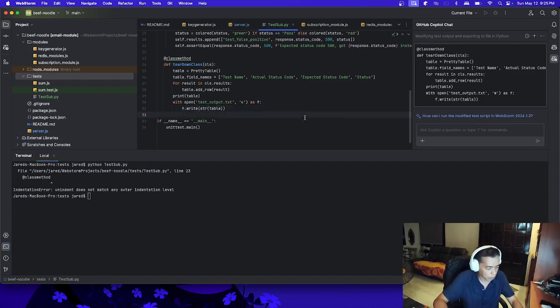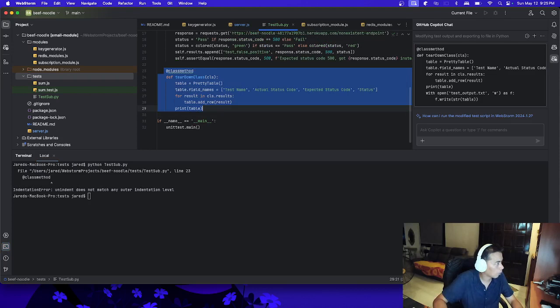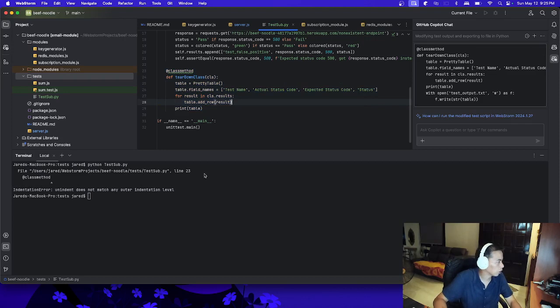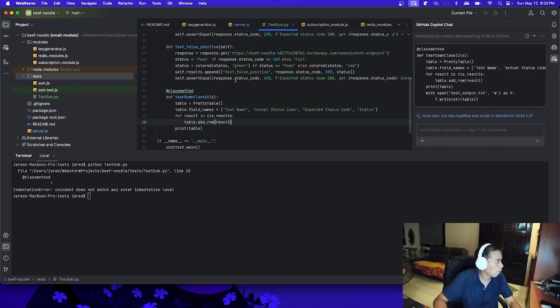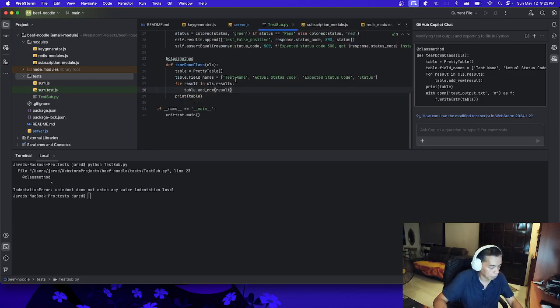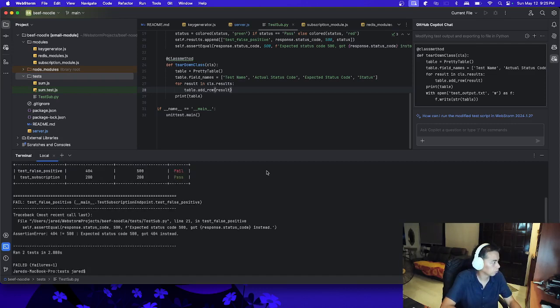How did that happen? So let's revert back. Where's our indentation violation? Line 23. And then let's try to run that again. Okay, it's working.